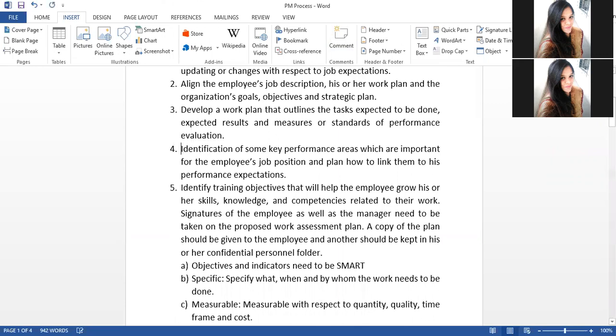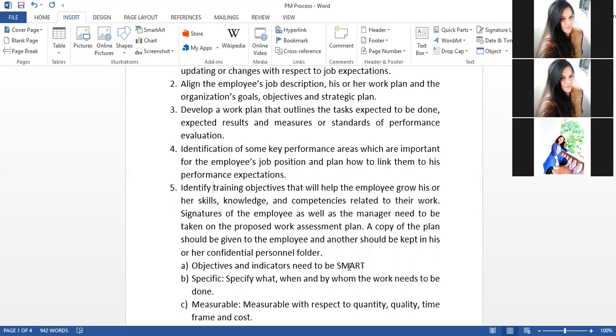All right, then step 4. Fourth, identification of key performance areas which are important for the employee's job position, and plan how to link them to his performance expectations. I think it is very important to identify which key performance areas are going to be linked with the performance expectations. You might be doing several tasks at your job place. What is more important should be communicated well in advance. They should be identified. See, communication is the next point, but it should be identified that this is something very important in your work performance. Eventually, this is going to be